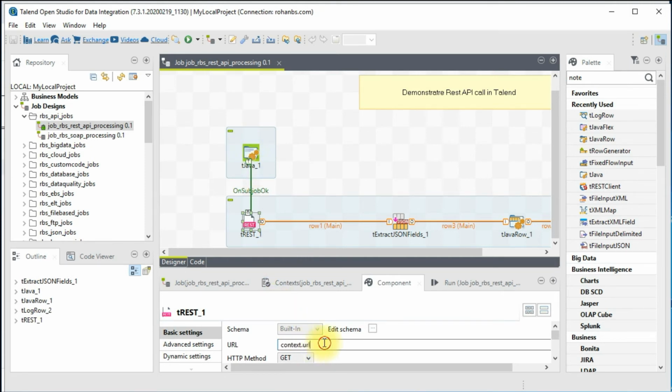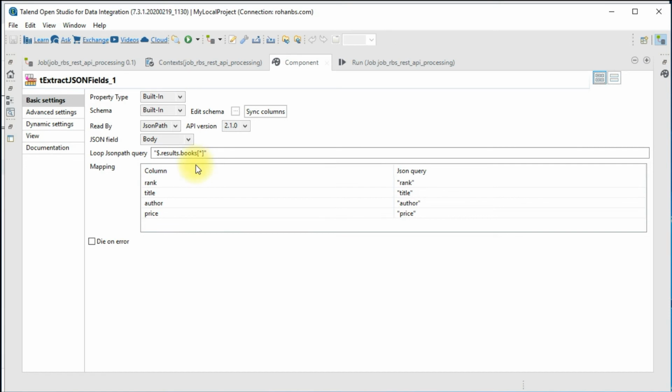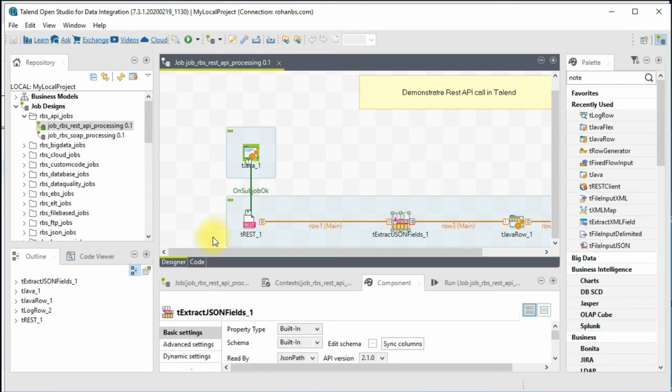So I'll be making use of that URL, and after that I have a tExtractJSONFields. So the response of the Books API provides us the rank, title, author, and the price. And if you look at the JSON structure, the root element is results, and then there are books. And to that, we are extracting all the records on all these fields. All right, so let's go ahead and start the job.